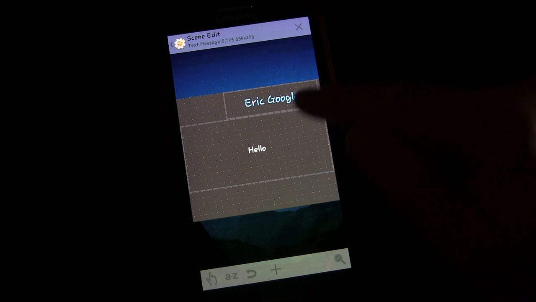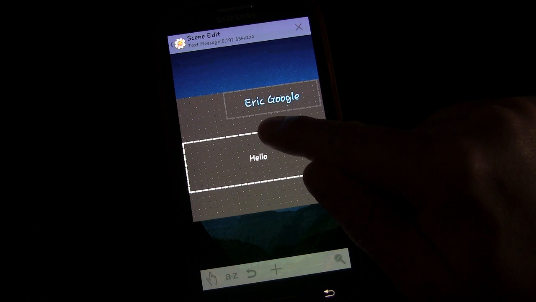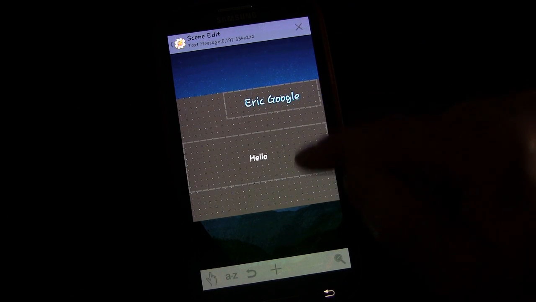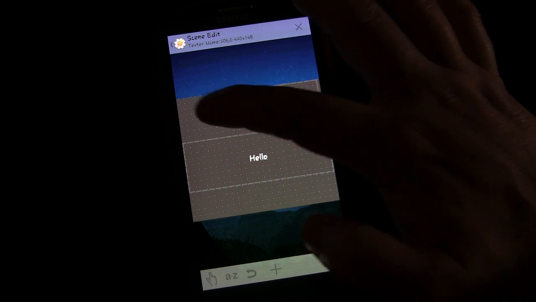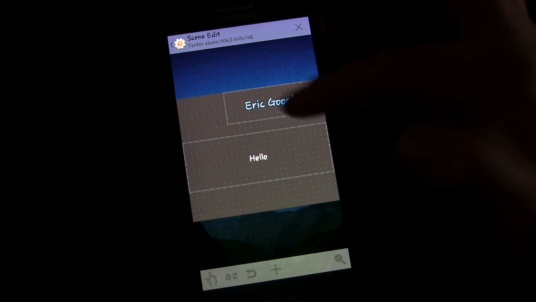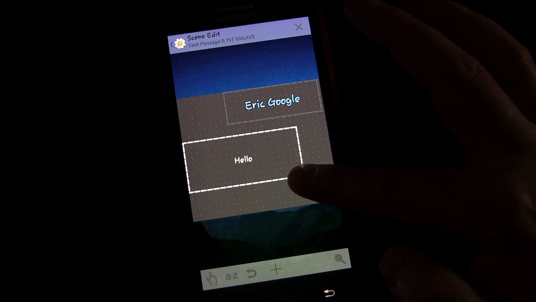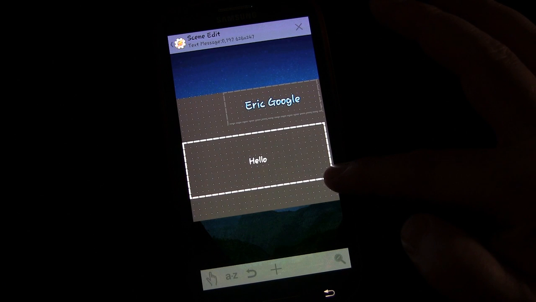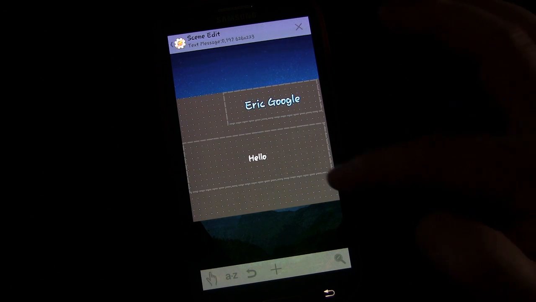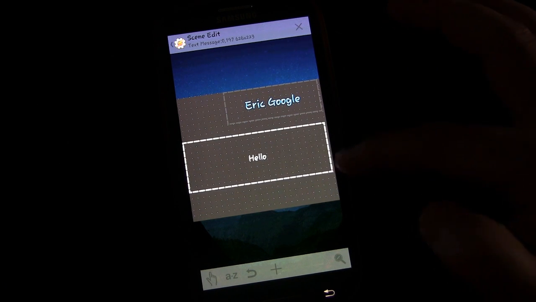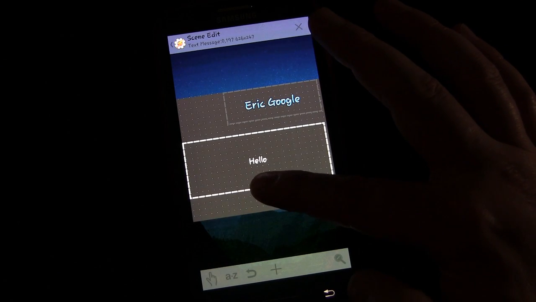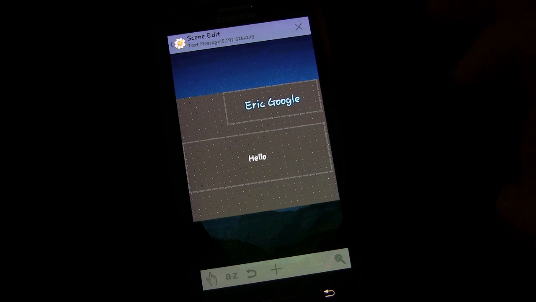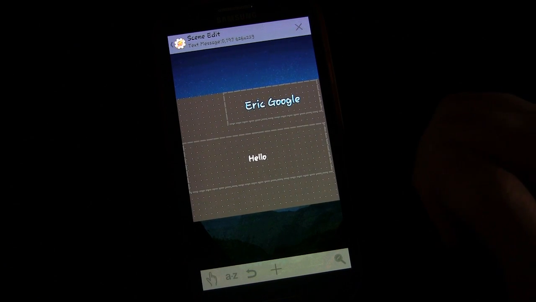Although, now that I'm looking at that, I probably need to bring this down some in order to have room for the picture that I want to have there. So I can maybe come down here, maybe make that, I think that's probably good. I don't have room for my buttons too, so we'll leave it there. That'll hold quite a bit of text. And then next we're going to